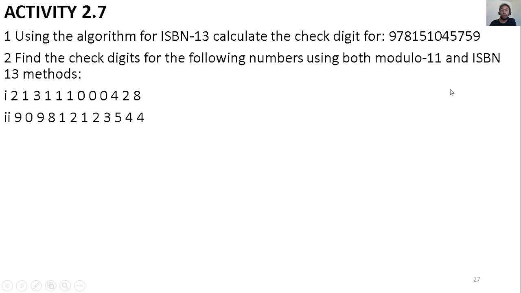So these are our activity questions that will be solved by using the same methods that we did here. That's all for this. We will also do this activity